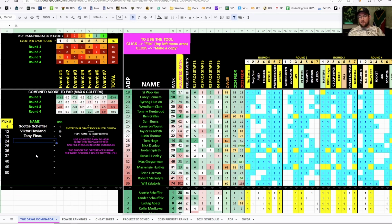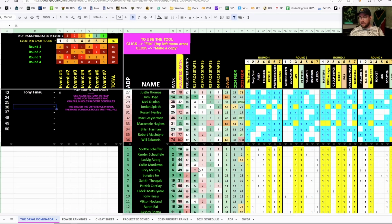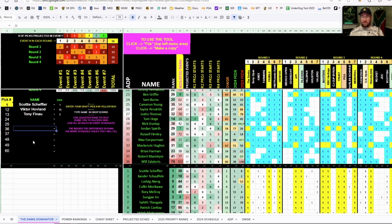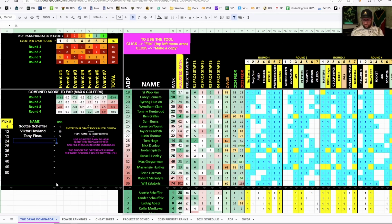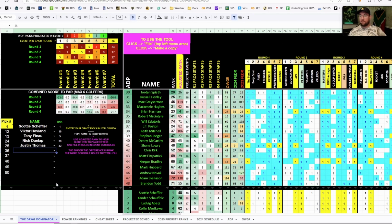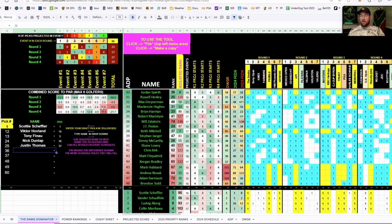What about Harman? Harman's solid. I think he's a sneaky option, but you can probably grab Harman a little bit later. I think he's all the way down 35th, you know, so you could almost grab him at the next go if you felt comfortable doing that. Okay, so let's take Dunlap and Justin Thomas then. Cool. Just bet on a Justin Thomas rebound year and Nick Dunlap playing in some of these other events. So that gets us down to 36 and 37. From here, let's take